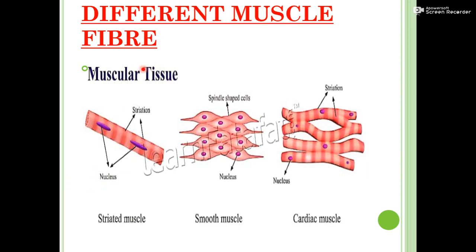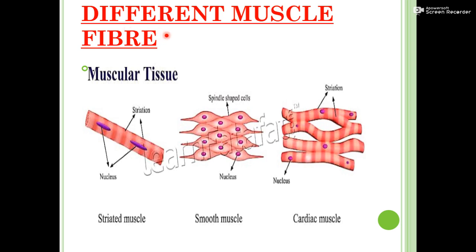As you know, we were discussing animal tissue, and we have already discussed the epithelial tissue. The main function of that tissue is to provide protection. Second, we discussed the connective tissue, and connective tissues are different. We discussed areolar tissue, adipose tissue, tendon, ligament, other than that, blood, as well as bone and cartilage. So that was connective tissue.